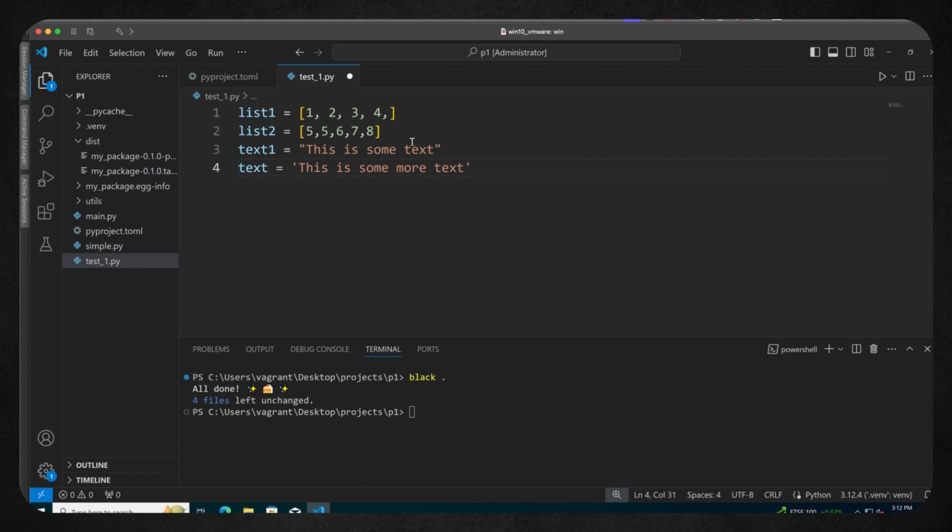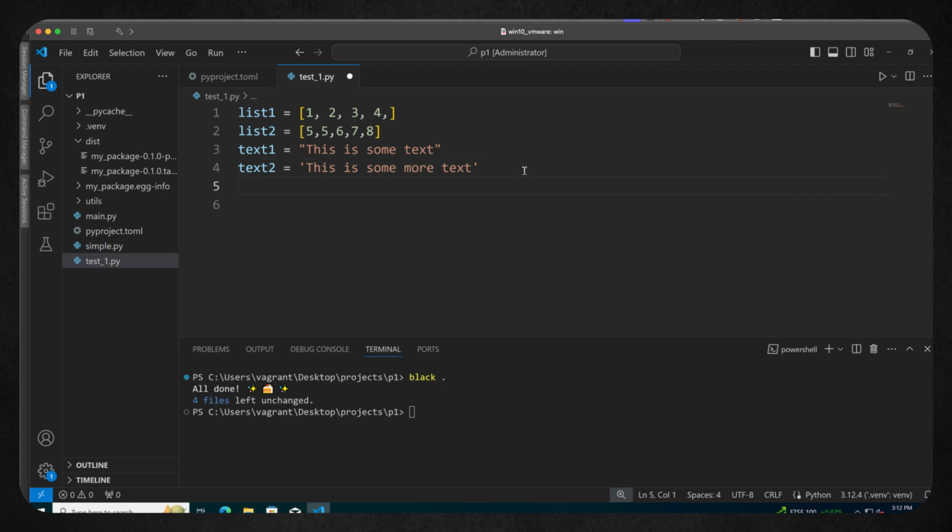It seems excessive in such a short file, but imagine going through many lines of code and many code files to be able to sort this out. Black can do it, and Black can do it really quickly. As we start creating longer lines, let's just put this as text2, not that it really matters, but I'll put some trailing spaces at the end here as well. They should be tidied up.